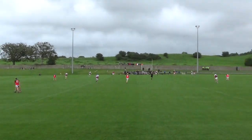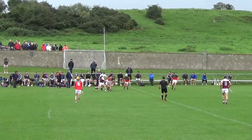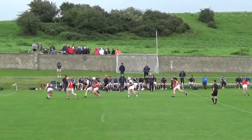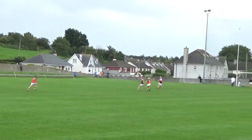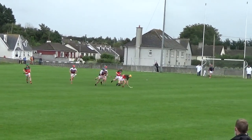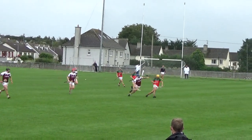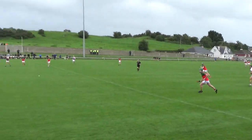Kevin Nolan with the puck out now. Jack Langton and Liam Ryan are underneath it for Clara. Conor Brown underneath it for James Stevens. Jason Byrne picks it up. Looks to get the head up. Luke Murphy comes out with the ball for James Stevens here. He looked to clear it. Not a great ball, but